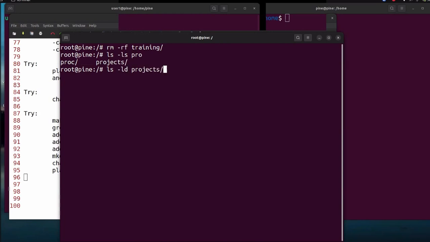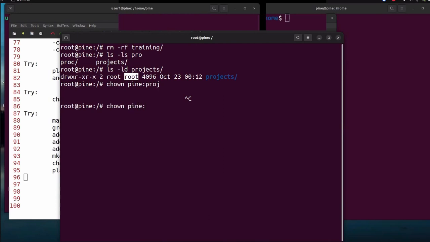So you can see I have this permission. The user owner is root, and the group owner is root. I will run chown pine:proj projects. Clear? Let's run this command. Now if you rerun the ls -ld, you can see the owner of